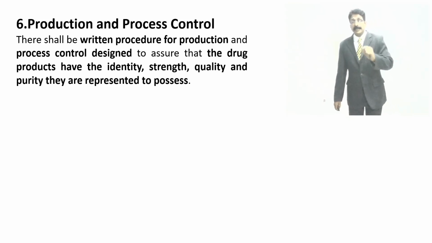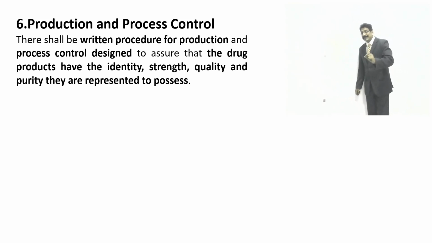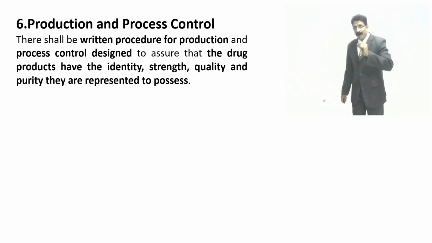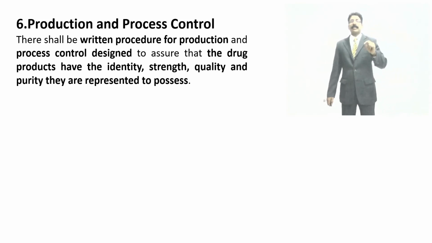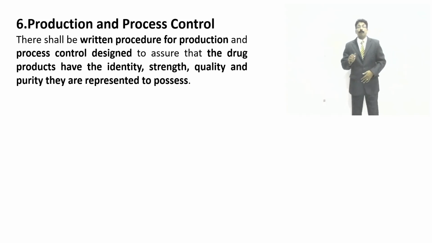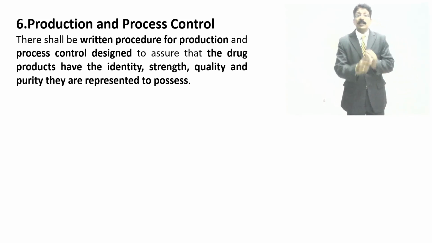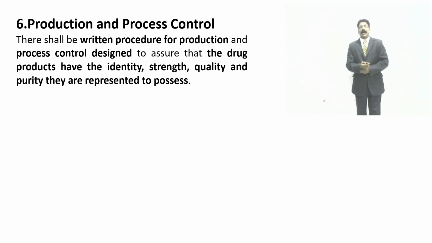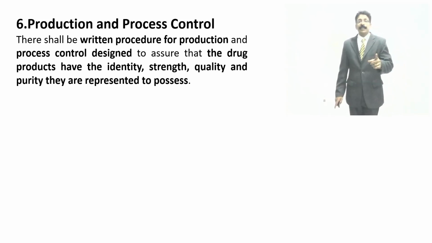If it is a tablet, starting from raw material weighing, mixing, granulation, drying, compression, coating, packing, every sector has to have a written procedure for production and process control, designed to assure that the drug products have the identity, strength, quality and purity they are